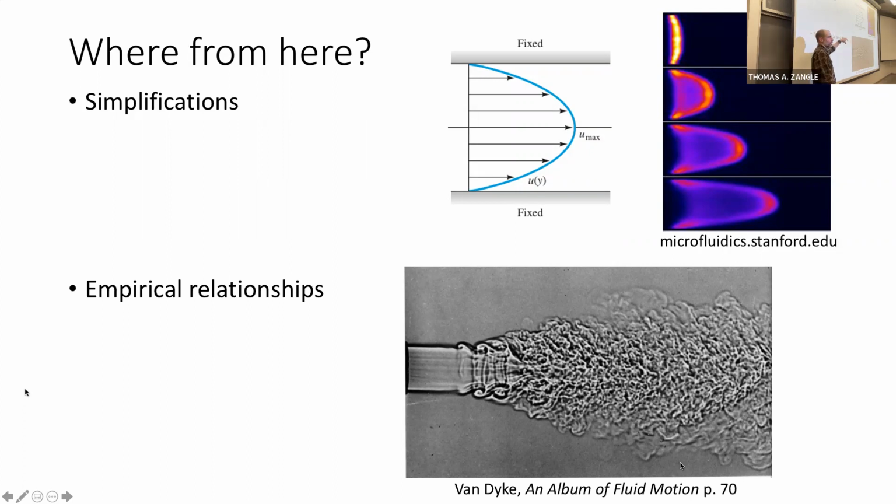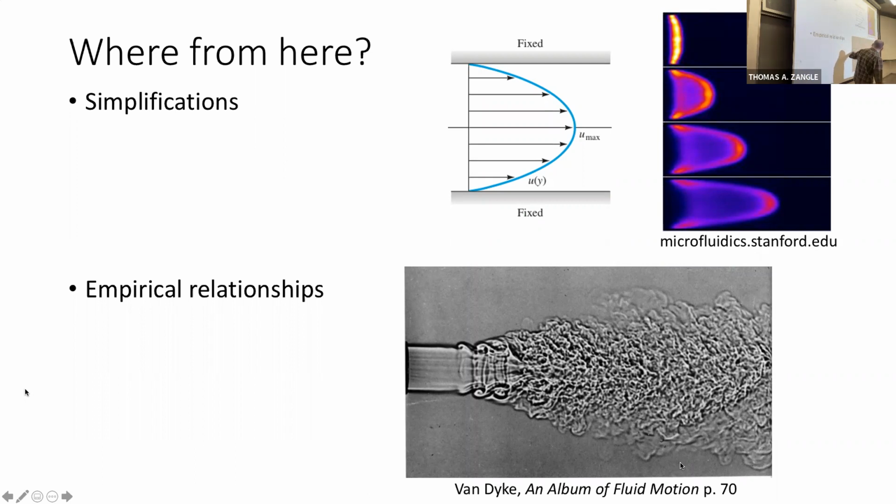While there may be mathematical questions about whether or not solutions exist, we know that real fluids do real things, and we can turn to the behavior of those real fluids to help develop empirical relationships, so that we can deal with more complex flows. For example, this is showing a jet exiting into a stagnant, quiescent fluid,